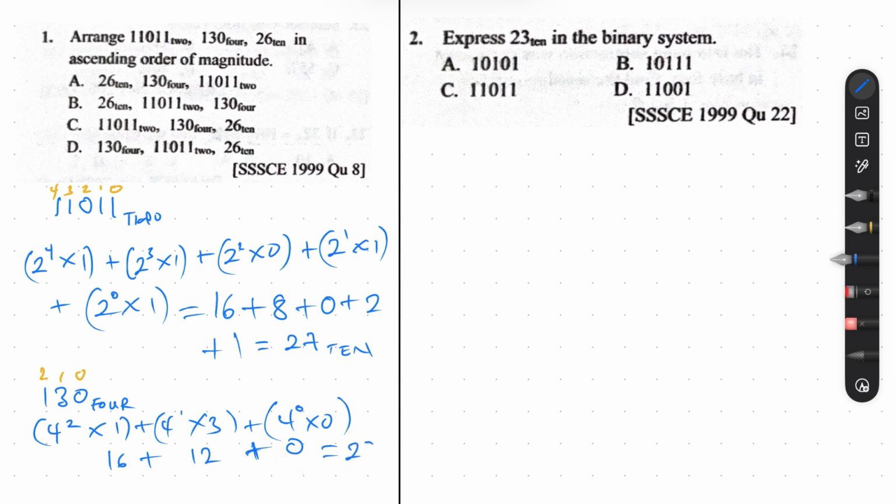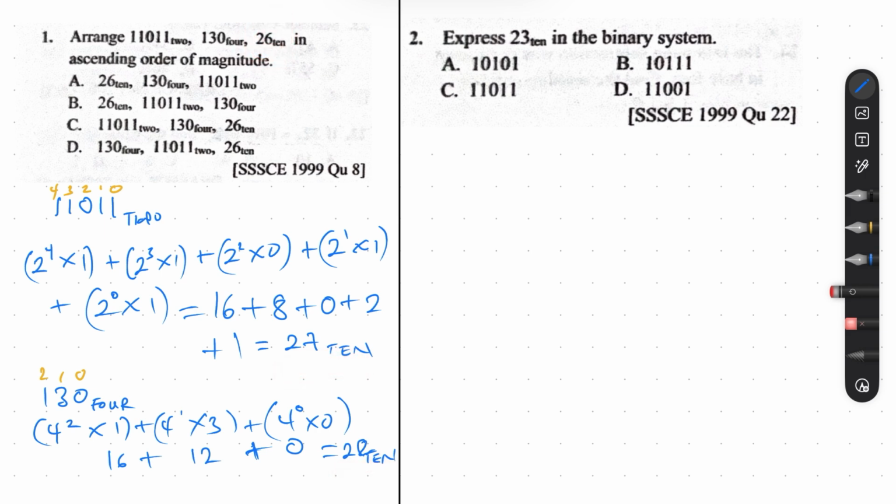So we have 28 base 10, right? Now we have 27 base 10, 28 base 10, and then the original one is what? 26 base 10 right here. Okay, so which one? We have to arrange in ascending order. That means from the lowest to the largest, right? So 26 base 10 here, sorry, let's go back. 26 base 10 here is smaller than 27 and is smaller than 28, so that will be the first number,